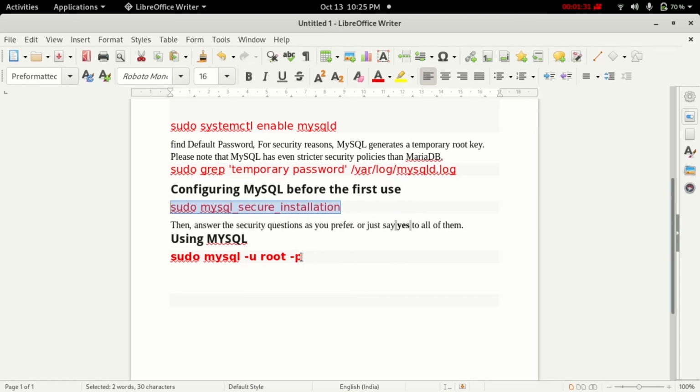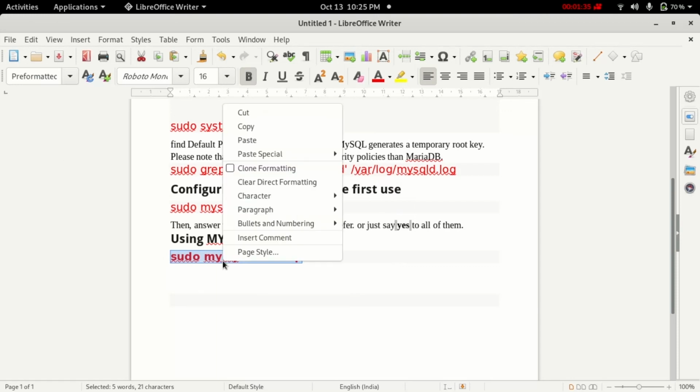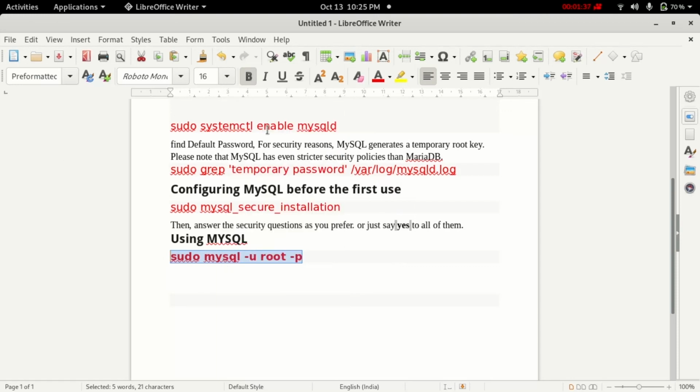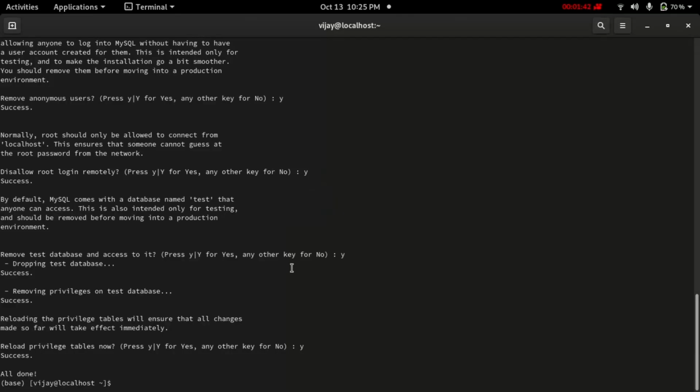Now we will check whether our SQL is working or not. So for this we will use this command, sudo mysql -u root -p. Okay, so this one we will use and just paste it here. Every time you open MySQL, you can use this command line, and you will get MySQL access.